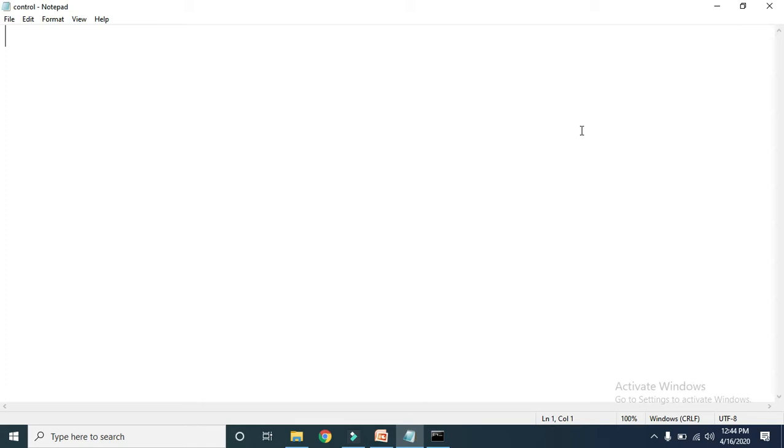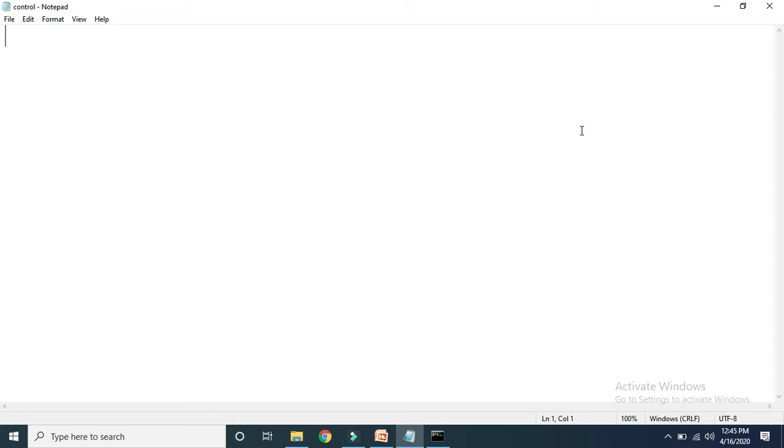So what is the use of the if statement in Python? If you want to execute a particular line of code whenever a specific condition is true, at that time we can use the if control statement in Python. Before going into the theory of this particular statement, it is always better to discuss this point with the help of a program.